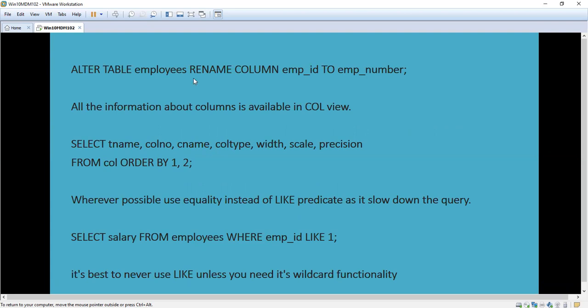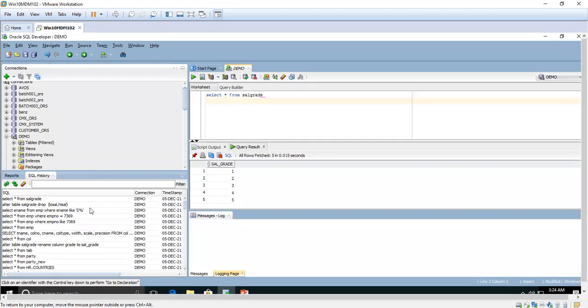You have to give alter table sal grade, that is the table name, then rename column. The column name is sal_grade. I am going to rename sal_grade to grade, or I can give sal grade.